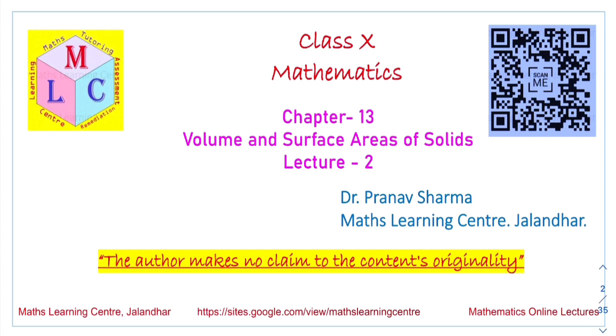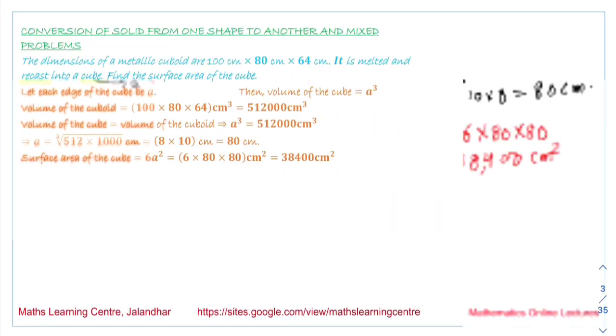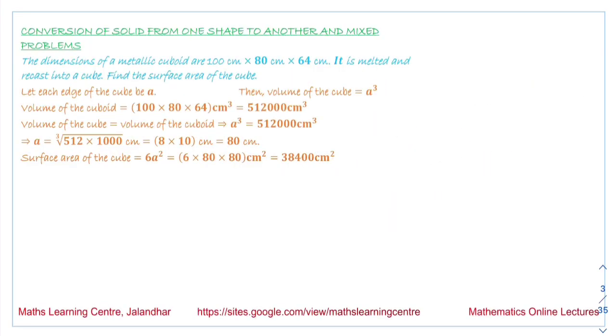We are going to start now the next lecture, lecture 2 of chapter 13, class 10th mathematics, volume and surface areas of solids. So in the first part we will talk about the conversion of solids from one shape to another and mixed problems. Now the first question we have: the dimensions of a metallic cuboid are given to us,